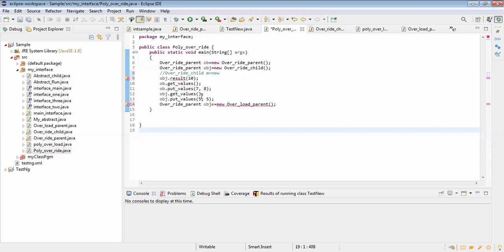Then these two functions, this is also a child class method, but they were also common in the parent. This is a parent class method, and this is also a parent class. Can you go and check, Sneha? Go and check it. Why are you having a question? Just click the parent getValues. Obj.getValues is there, right? Press Control and click on that method.